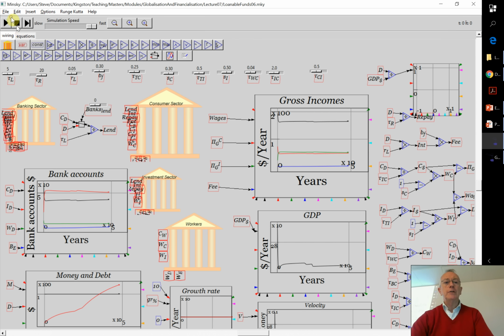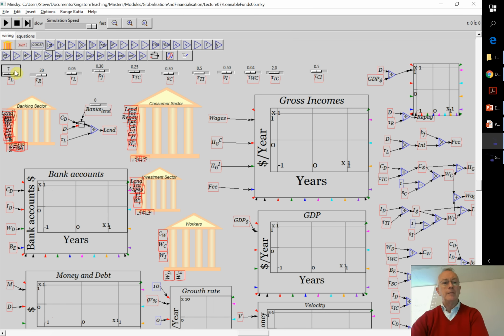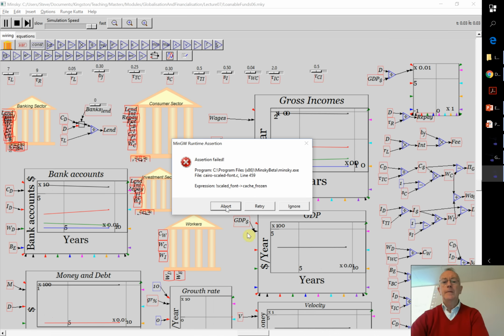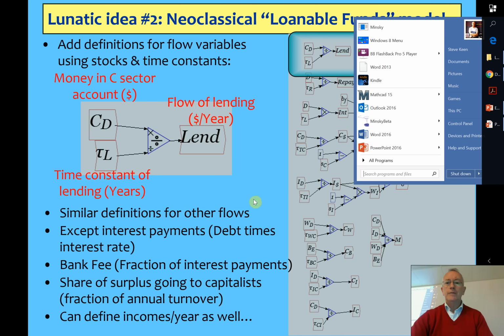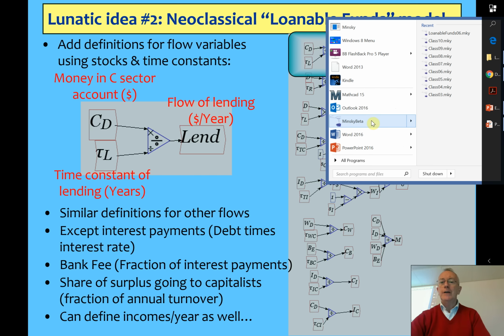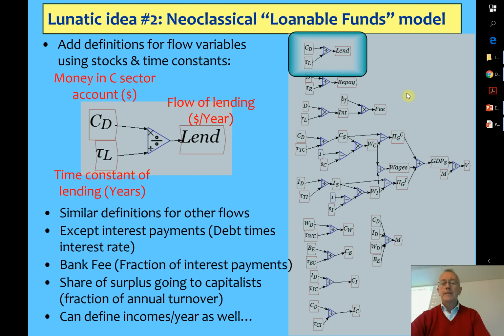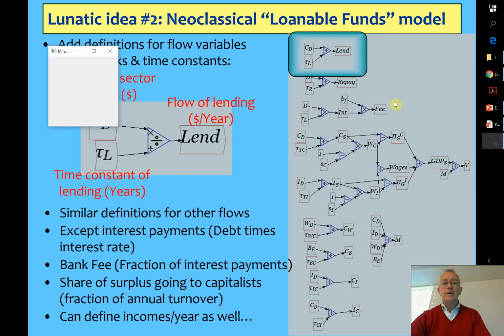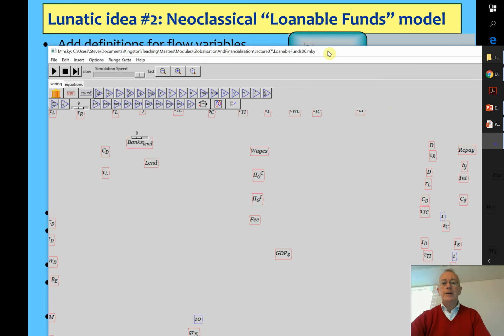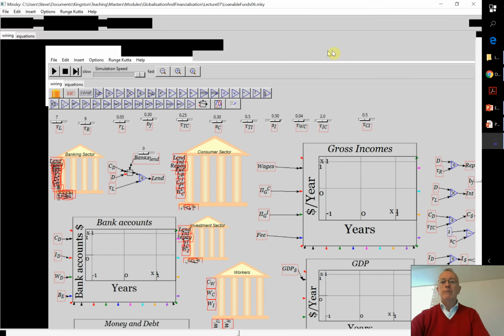So I'll just stop the system and start it again. And I'll start with the same initial conditions: 7 years to lend and 9 years to repay. Ooh, cute. Okay, another bug. All right, so I've got to... I don't think I saved that, so I'm going to pay a price there. Okay, so I lost that particular edition, but I'll rapidly do it again.